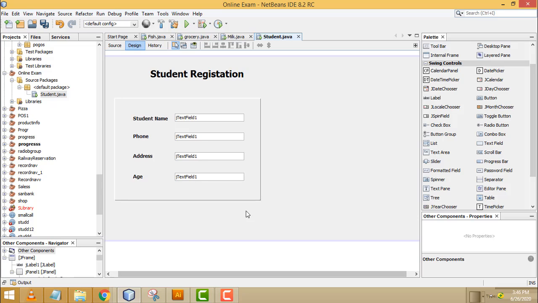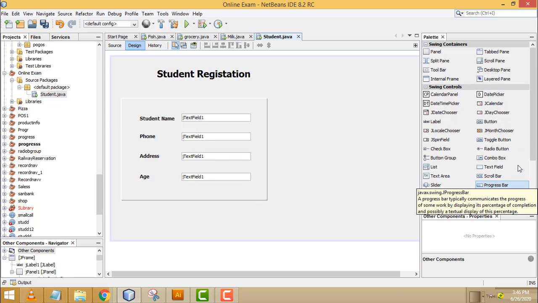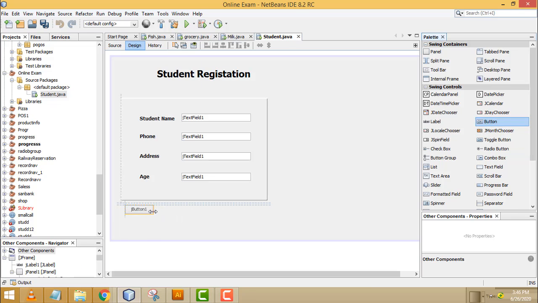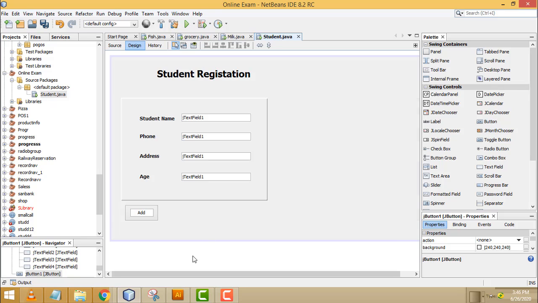After that, we have to drag the buttons. This one should be the Add button. The same thing, Control C to copy, Control V to paste. This one should be the Edit button. Then the Delete button, to delete a student.